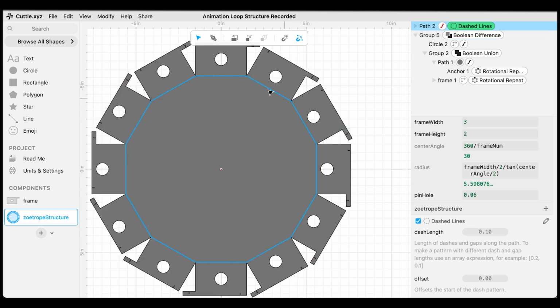I don't like to have this. I feel like it has too many cuts, which is both time consuming and weakens the joint. So I'm going to change this dashed line to be something slightly different. If you look underneath dash length here, you can see an annotation that denotes that